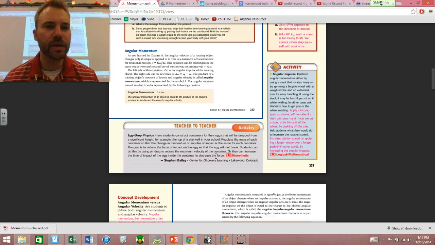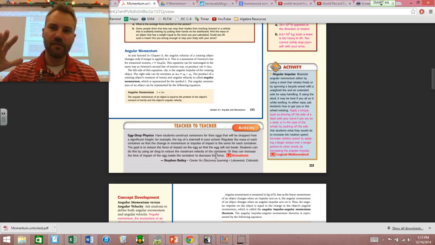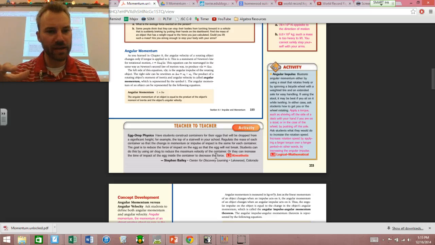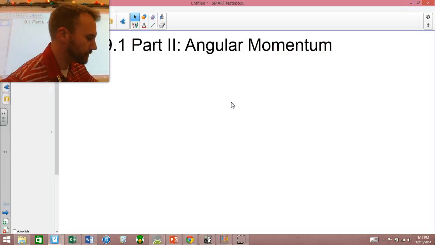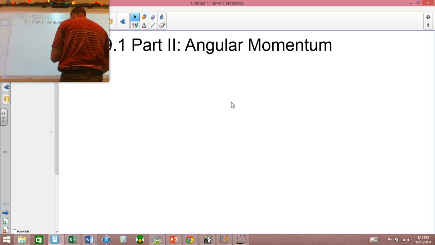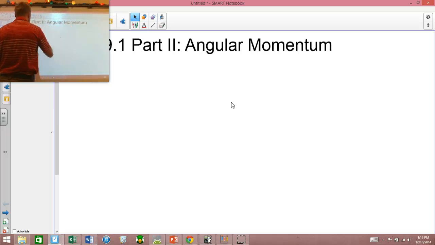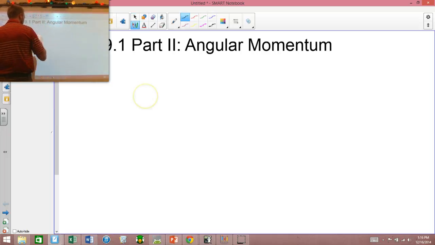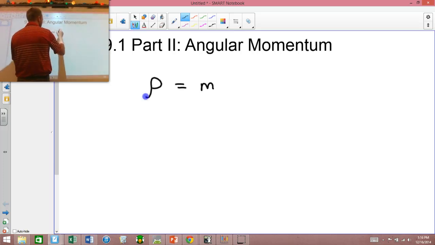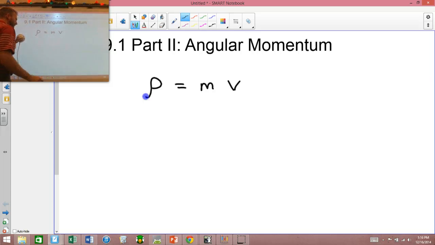9.2 is entitled Angular Momentum. And just like we have linear momentum, how fast something is going multiplied by its mass, we also have angular momentum. So, angular momentum. Regular momentum, linear momentum, is mass times your velocity. Angular momentum